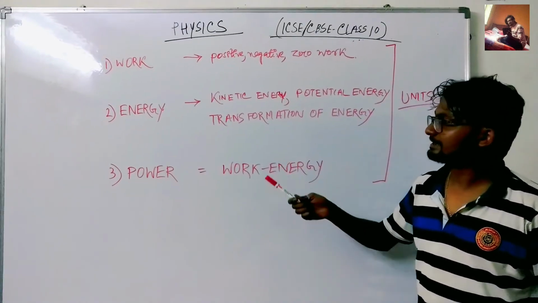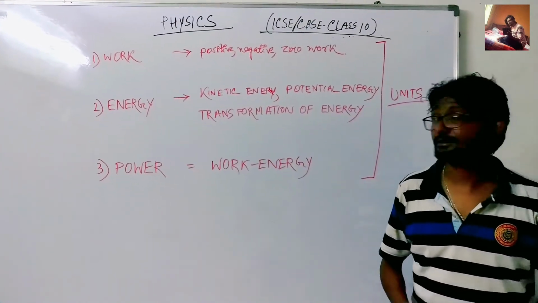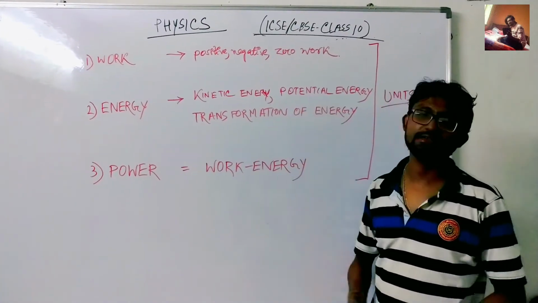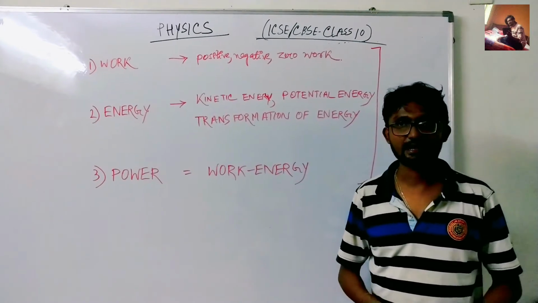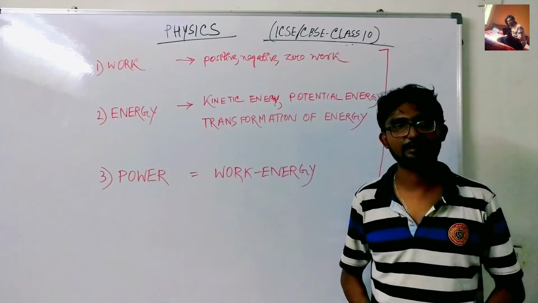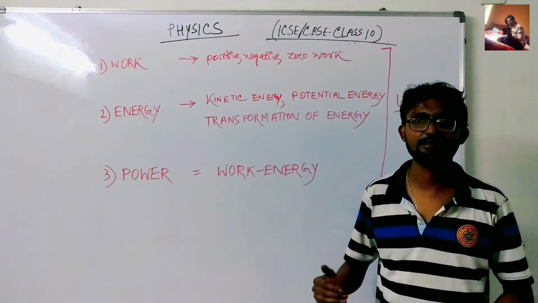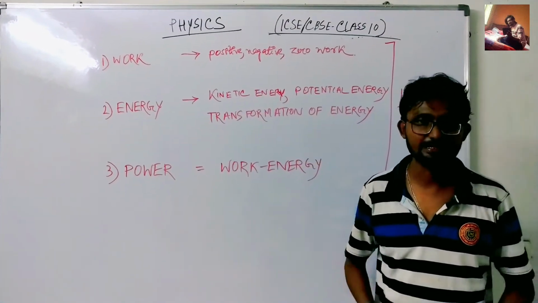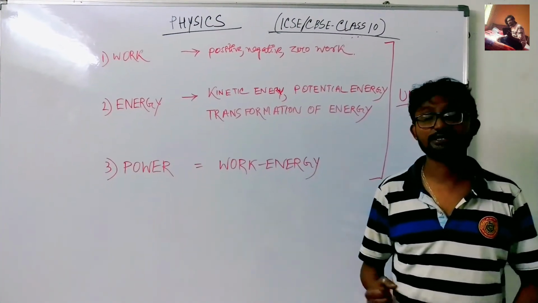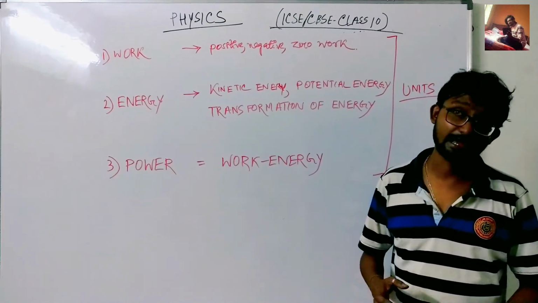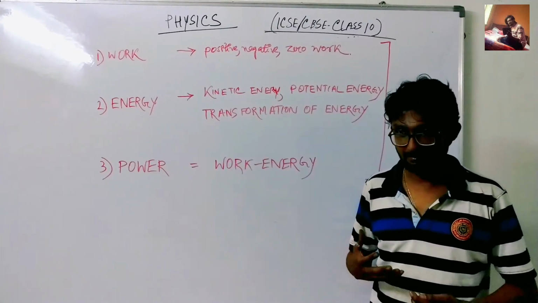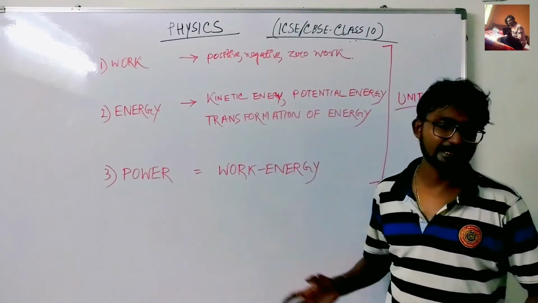Relating to kinetic and potential energy, these are also related to velocity, the speed, velocity and the height of the object. Like I'm standing here at a particular height from the ground level, so I have potential energy, because potential energy is related to height. And power is how much work you can do, and how much velocity, how much speed, how much pace you have. So all this is related to each other.